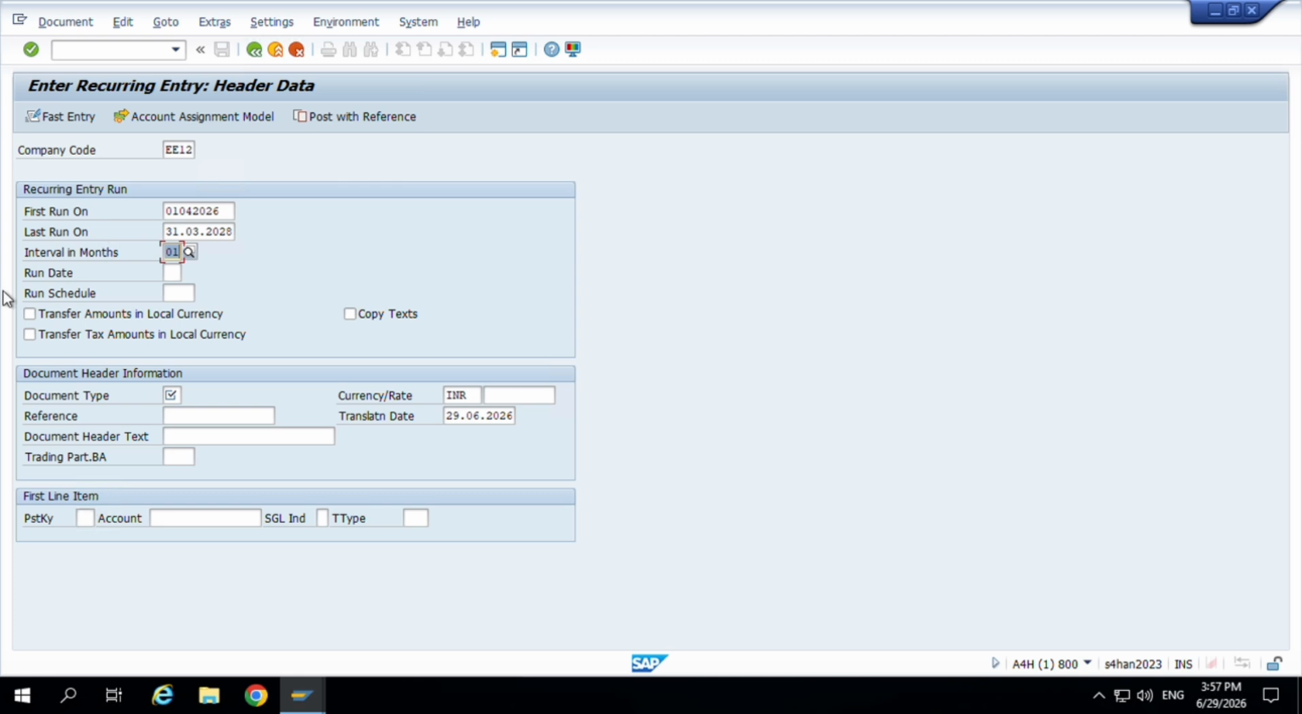Last one is end date, and this is the interval, meaning frequency: how often the recurring entry has to be posted. So then document type is SA. SA means GL account. Then you have to post the entry, that is debit, and the rent account we have created,